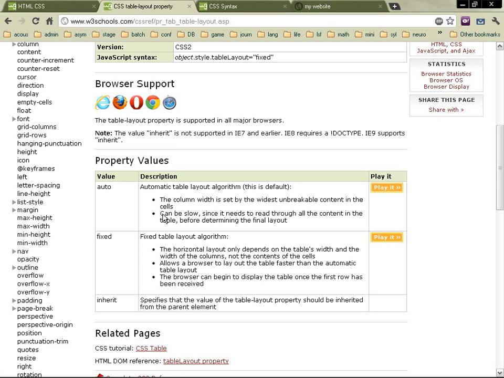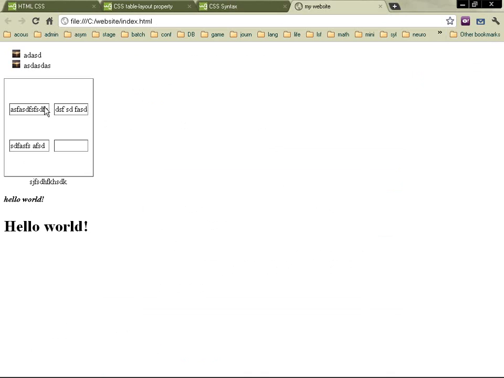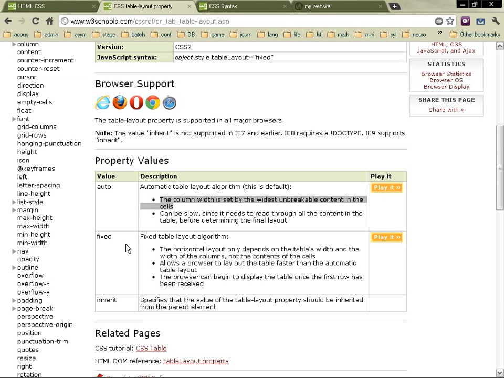It says that the column width is set by the widest unbreakable content, etc. So you can see here, for example, that the width of the column is as wide as the widest cell of each row. So you're going to see that the column here stops here and not here, for example, the first column, because we don't need all this space. So it's going to be as economical as possible. So you're going to find the best fit for the column width, or we can have a fixed